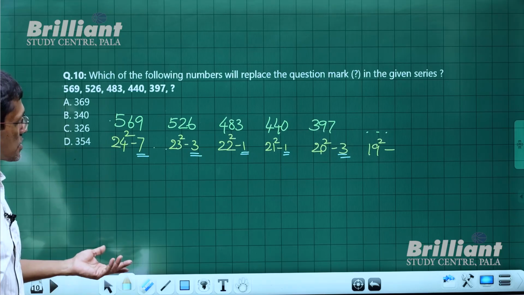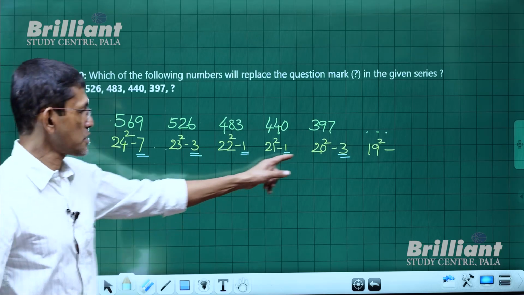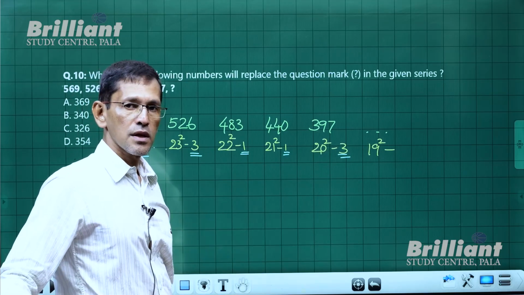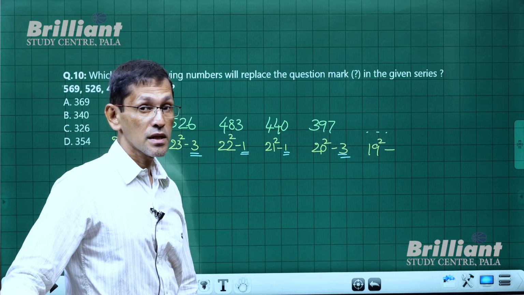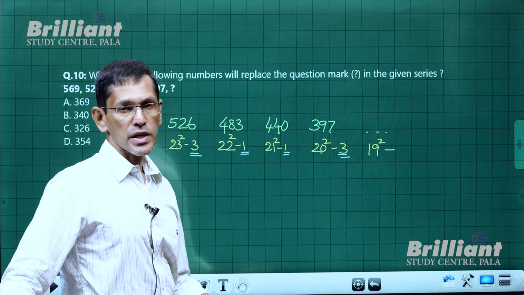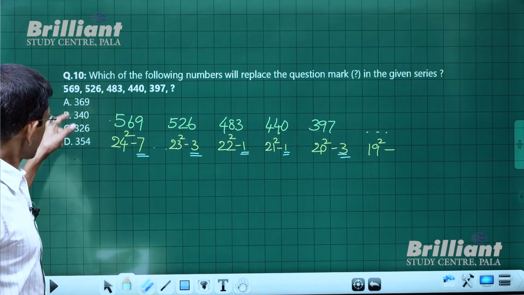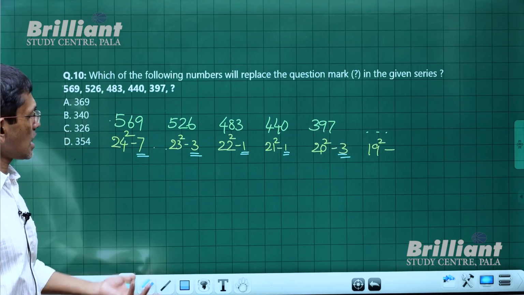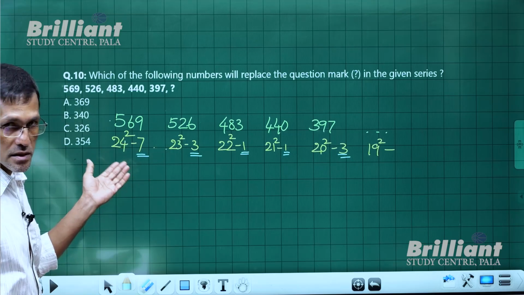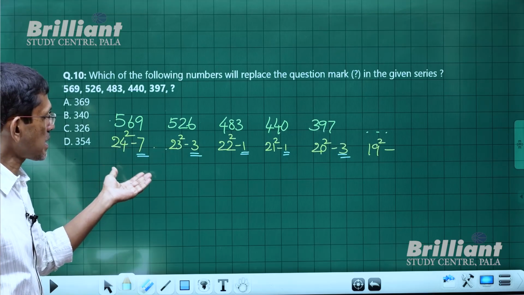Then 19 square is 361. How about we take 361 minus 3? That is 358, right? 358 is not here. And again, if you come across these types of questions, the pattern is not really